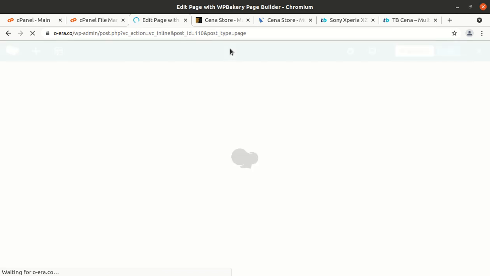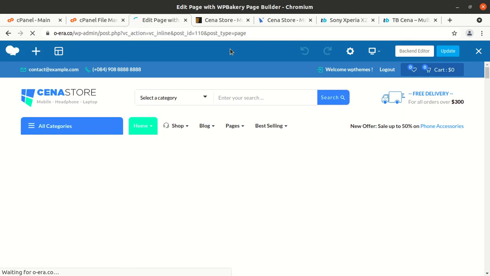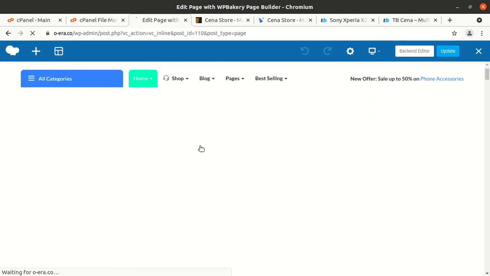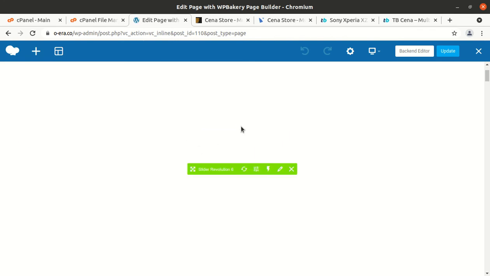And the page builder is loading up now. The front end of WP Bakery page builder loads a bit slow, but it works very fine. You can use the backend editor as well, and these are the simple controls. You have to click on the pencil icon and desktop setting, whatever you want to do.